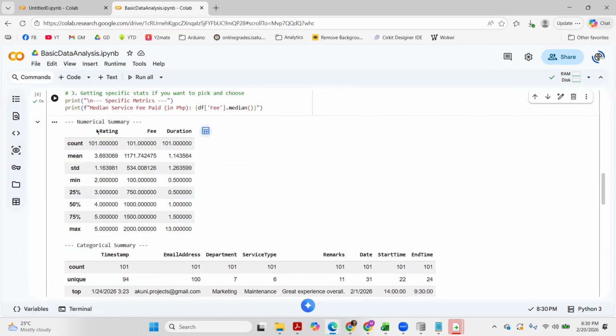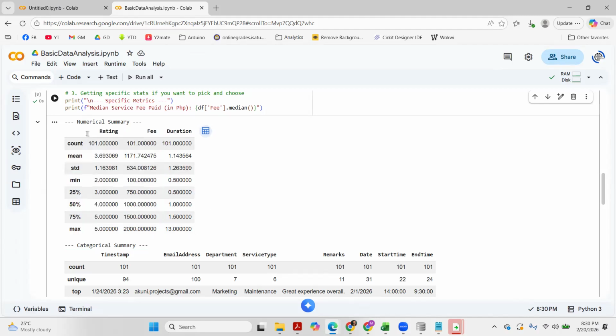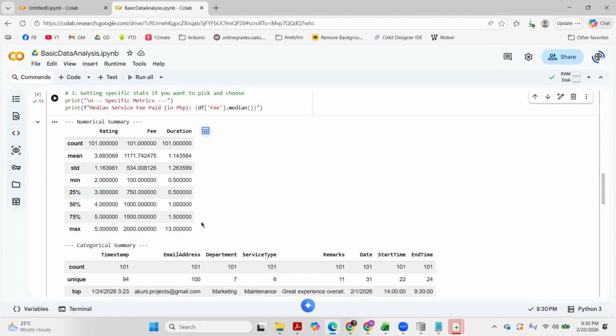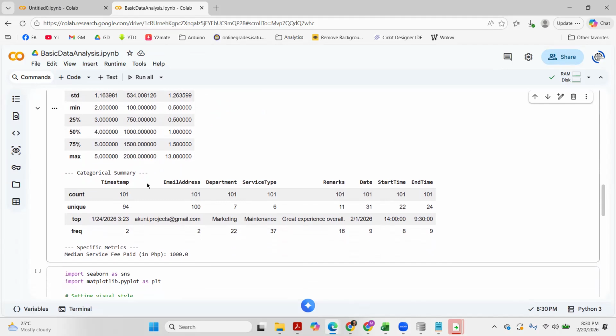Although our rating is not actually numerical data, it has been considered numerical because it's in ordinal form. So at least we can see the summary only, but we cannot do things like correlation and regression with our ordinal data.